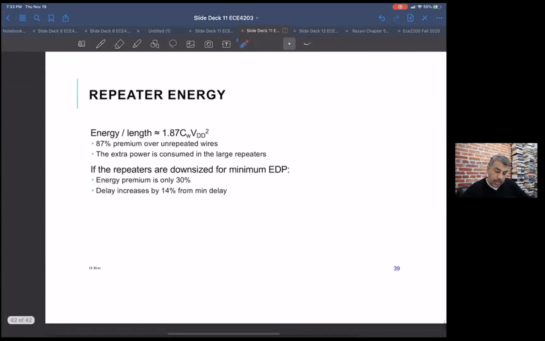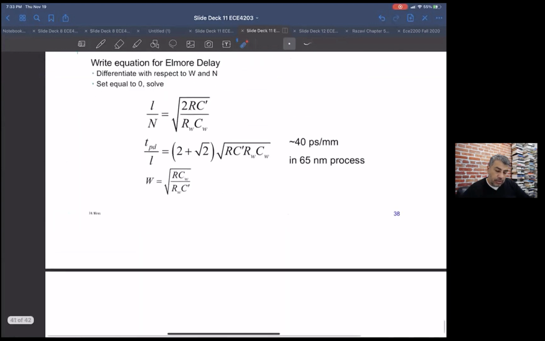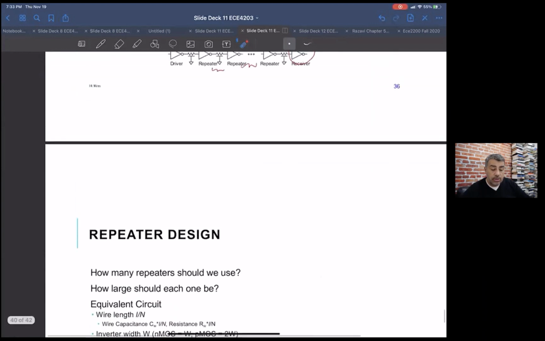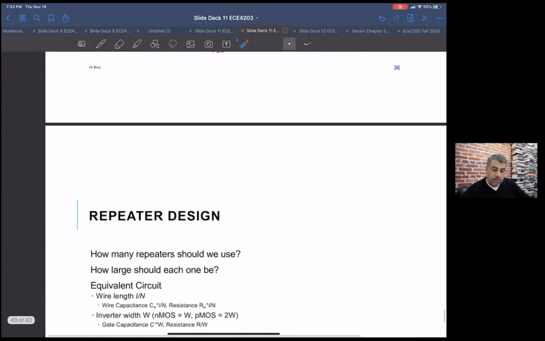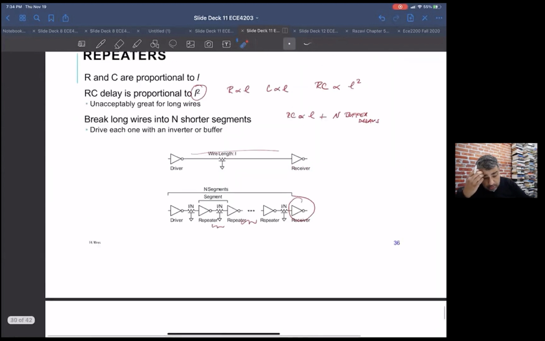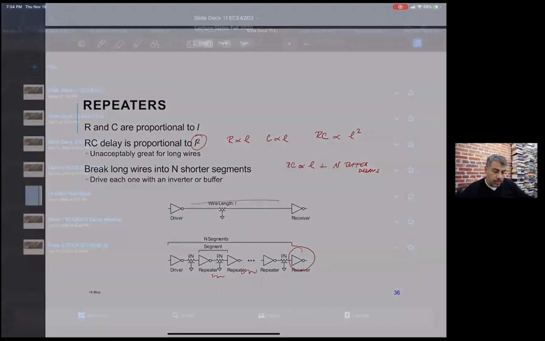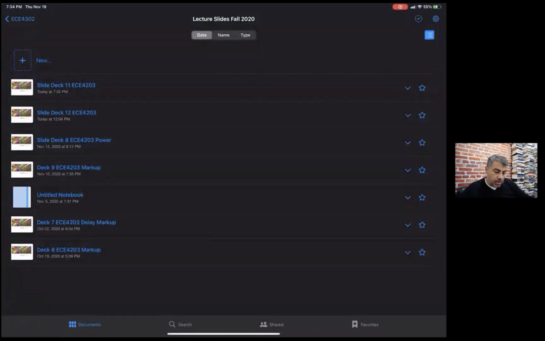Okay, so that's all I had for wiring. Any questions? It's just a huge topic, but that's where I'm trying to simplify it to. Any questions so far on wires? If not, we're ready to go to our next topic, which is